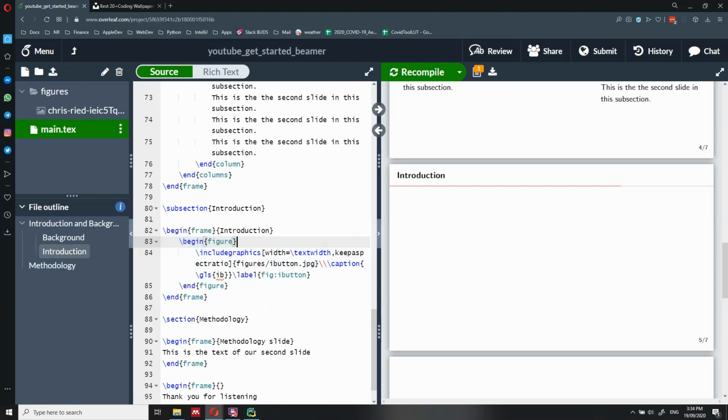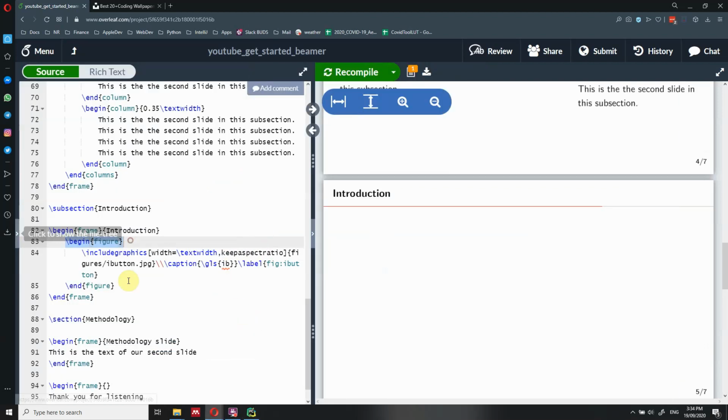Another thing that is important is that we need to import a package for the figures. But let me first go through the code. So let me collapse this.